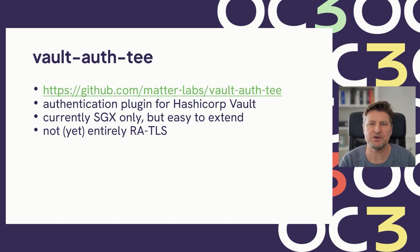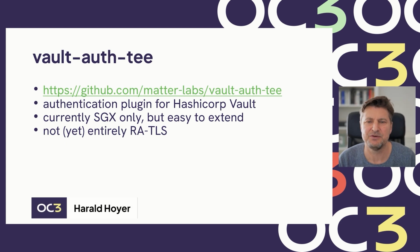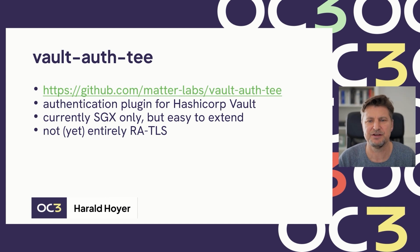So the first step to our end goal was the development of an authentication plugin for TEs for Vault. This lets TEs get a token after successful remote authentication. You basically replace the password with either the hash of the TE or the hash of the public key signing the hash of the TE, which is MRENCLAVE and MRSIGNER in SGX. We started to implement SGX first because at the time of the project start, neither SEV-SNP nor TDX was